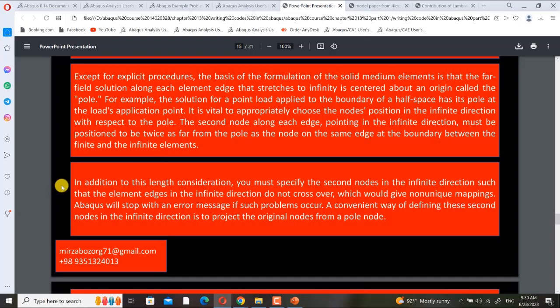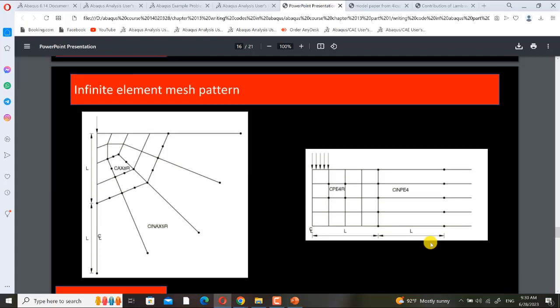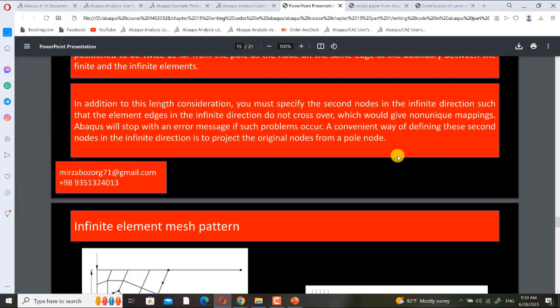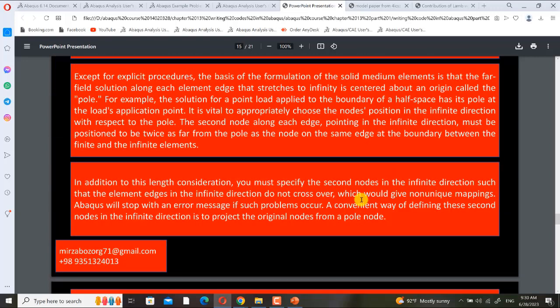In addition to this length consideration, you must specify the second nodes in the infinite direction such that the elements' edges in the infinite direction do not cross over, which would give non-unique mappings. Abaqus will stop with an error message if such problems occur. A convenient way of defining these second nodes in the infinite direction is to project the original nodes from a pole node.